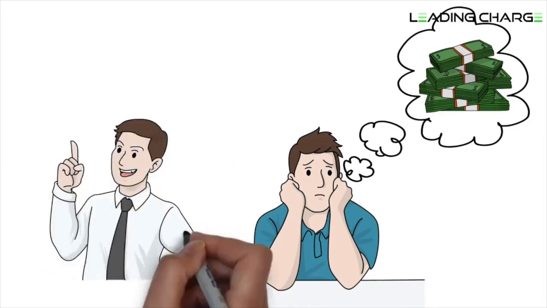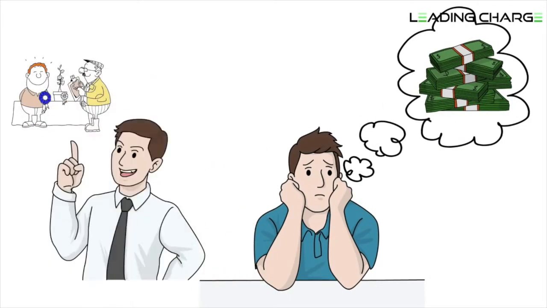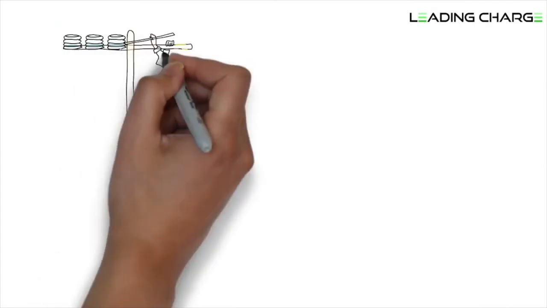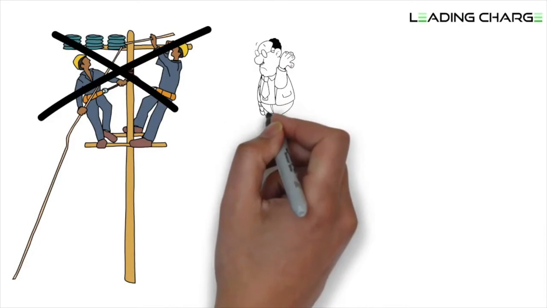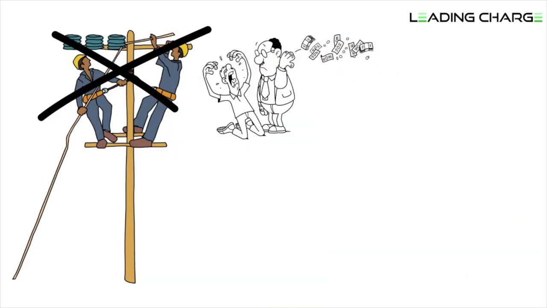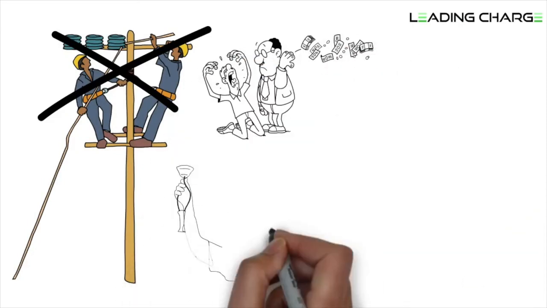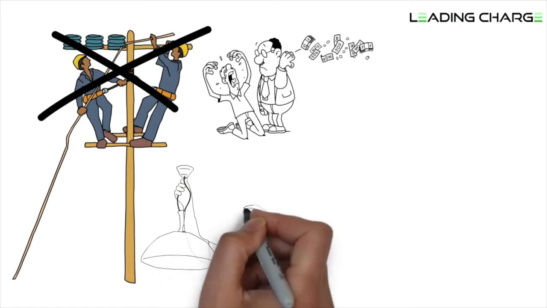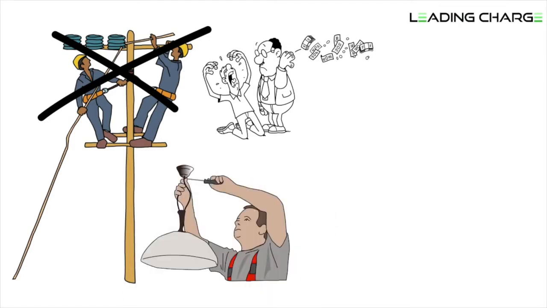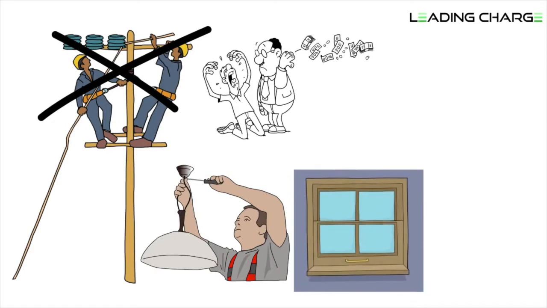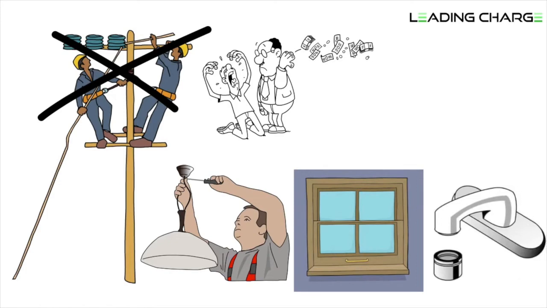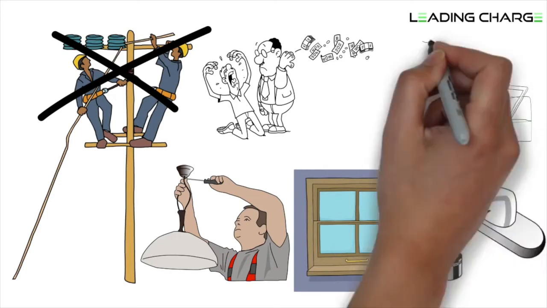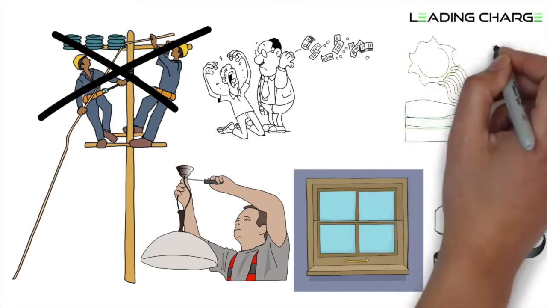Here at Leading Charge we offer many alternatives that solve these problems. We provide load management systems, so your building does not need to bring extra electrical power from the street, which will cost an extreme amount of money. We also help you to understand how additional charging capacity can be harnessed by changing your inefficient lighting to LED, replacing single-pane windows with double or triple pane, installing an air barrier membrane when residing, and changing faucet aerators to reduce hot water usage. In the future, even more electric capacity will be achieved with battery packs and solar generation.